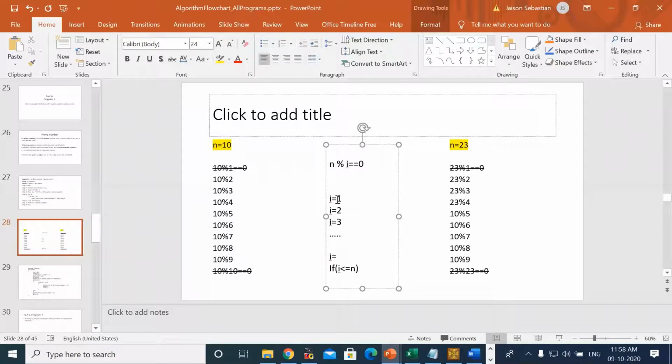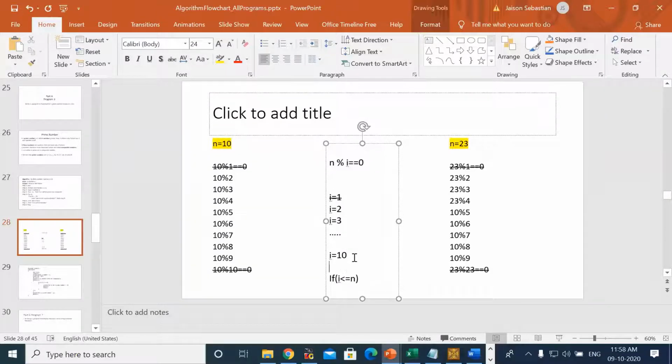So here I am going to avoid division by 1. I will not initialize i equal to 1. I will start with i equal to 2. Suppose the number is 10; the i value should range up to 10, right? In each iteration, I will be checking whether the i value reaches 10. As I am deciding that I will not divide the number by itself, I am avoiding i equal to that number.